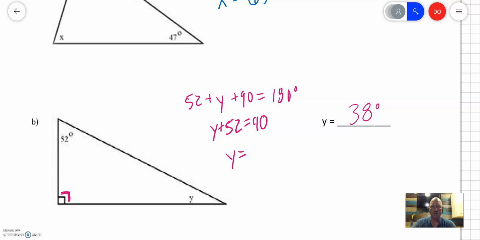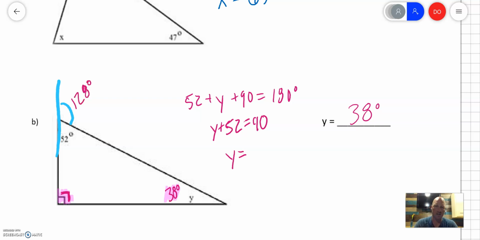Okay, one more thing I want to explore really quickly is an exterior angle. So if this is 38 degrees, let's look at this exterior angle up here. So we're talking about this angle right here. An exterior angle is equal to the sum of the two remote interior angles, which means if I add this angle and this angle together, the two interior angles not touching the exterior angle, that sum should give me the exterior angle. So 90 plus 38 should give me